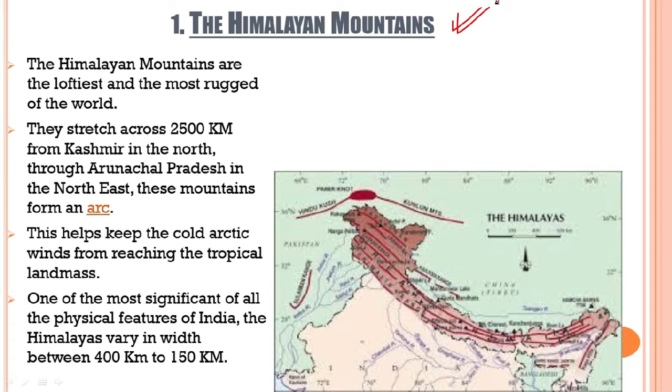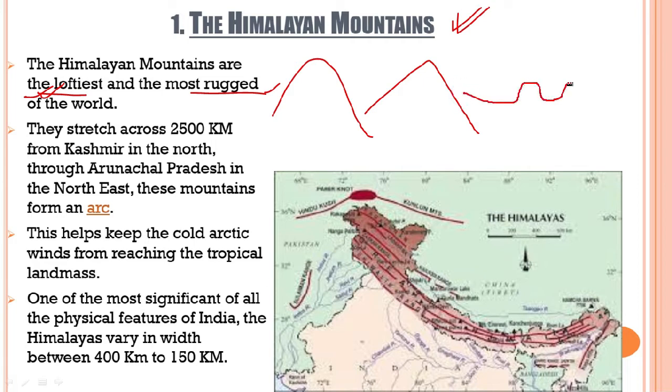Next, when we come down to the Himalayan mountains, we learn about the specific characteristic features of the Himalayan mountains as a whole. So first of all, as we already know, the Himalayan mountains are the loftiest and the most rugged. Clear? Loftiest means that it contains one of the highest peaks and a range of higher peaks of mountains around the world. Rugged means that it does not have a composition which looks uniform. For example, when we look at the rocks, when we look at the mountains, you can't find any smoothness in the stretch of the mountains.